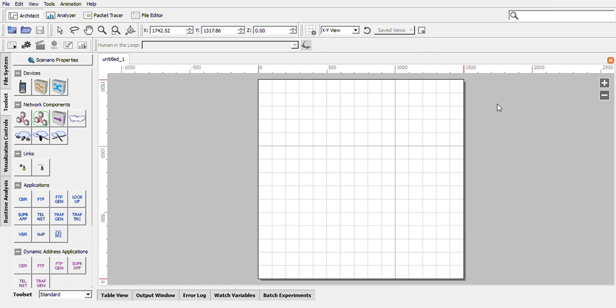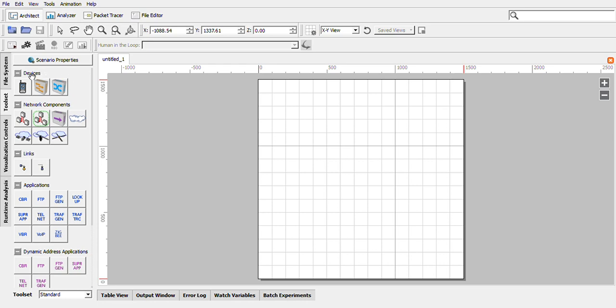Hello everyone. Through this video, I will give an introduction about an interesting tool which you have to use in order to carry out all the 7 experiments present in part B of Communication Networks Lab. Particularly, this tool is called a network simulator called Qualnet. And this is the window that you will see once you launch the Qualnet simulator.